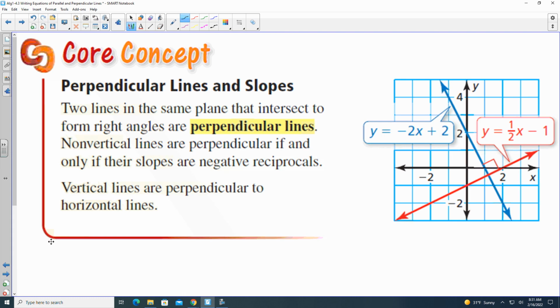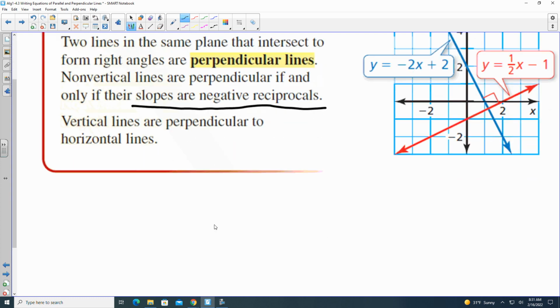When we're dealing with perpendicular lines, the slope is a little bit more complex because the slopes are going to be different, but not that much different. So it says here that two lines in the same plane that intersect to form right angles are perpendicular lines. It says non-vertical lines are perpendicular if and only if their slopes are negative reciprocals of each other, okay? Negative reciprocals of each other just simply means what you're going to do is flip the fraction,